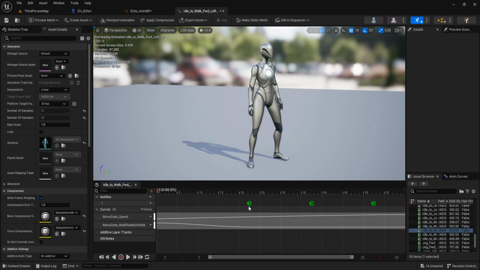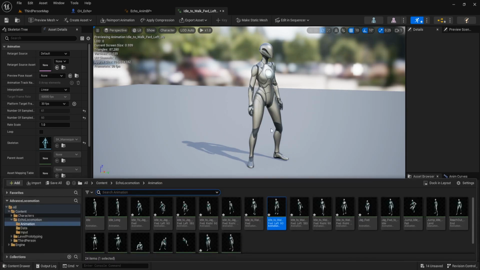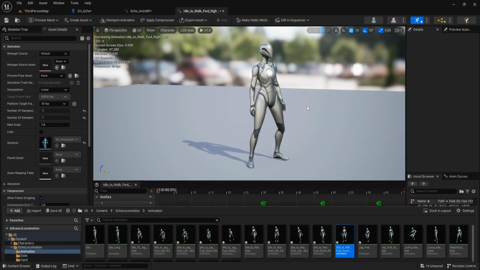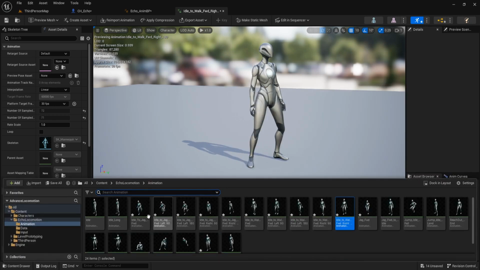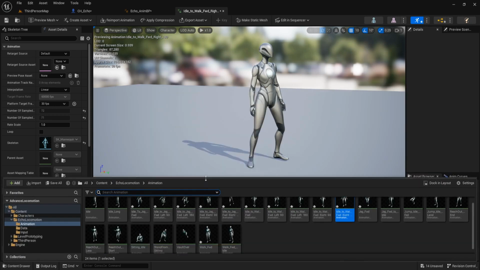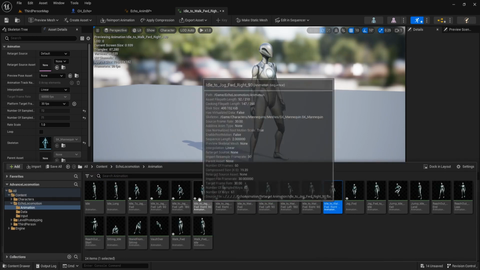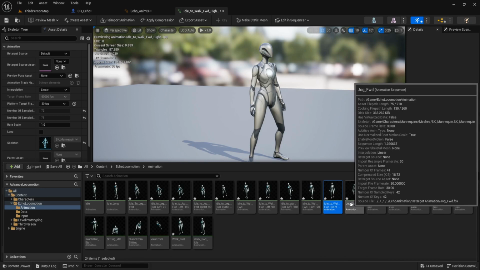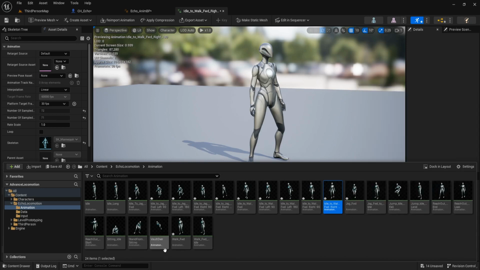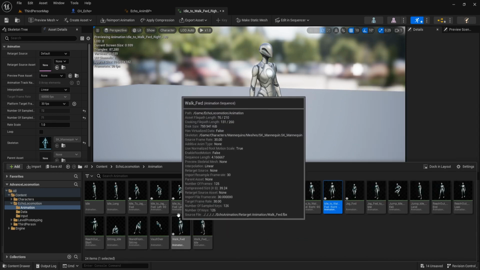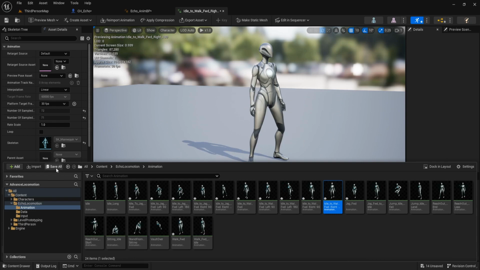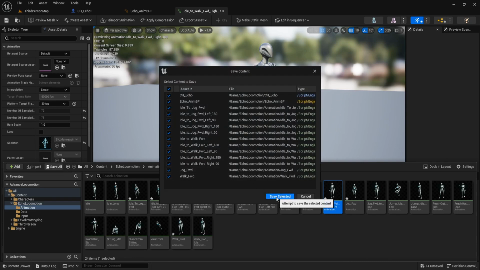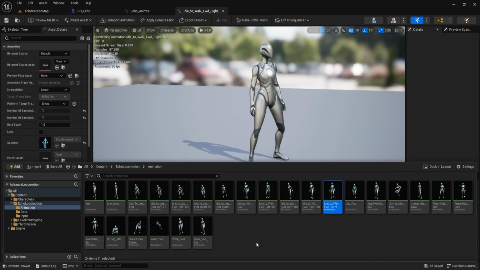And you can see the foot location notify, and all this star sign is the animation that I modified, adding the notify on it. And when we save all, we lose all these stars.